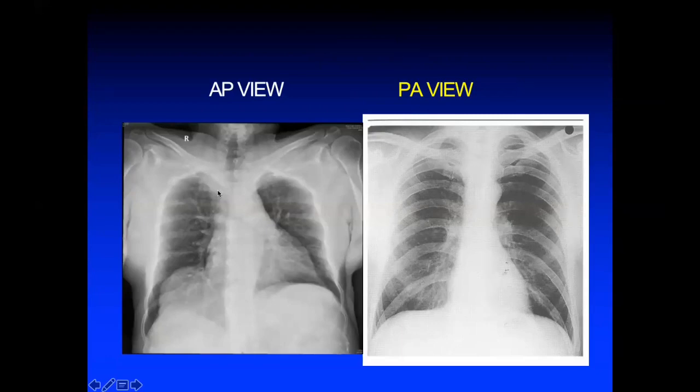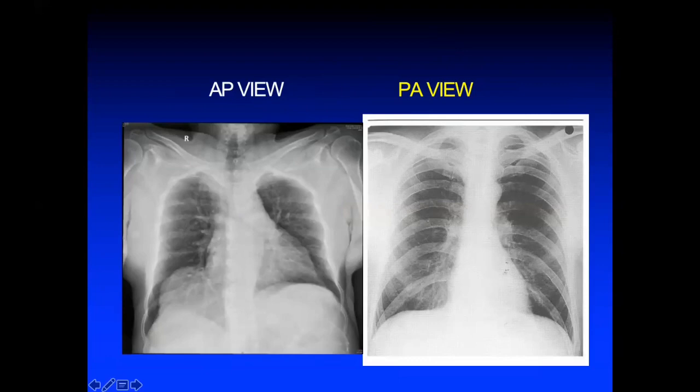First, second would be the scapula. Sorry, the clavicles are more oblique here, whereas here the clavicles are more horizontal. The scapula is within the lung fields here, and out of the lung fields there. And the clavicles are more oblique here, and more horizontal there. So these are the two basic differences when you are making the comparison, and the same person when you are doing the